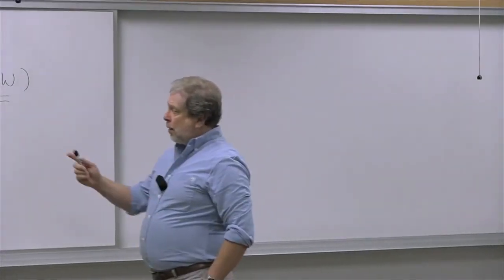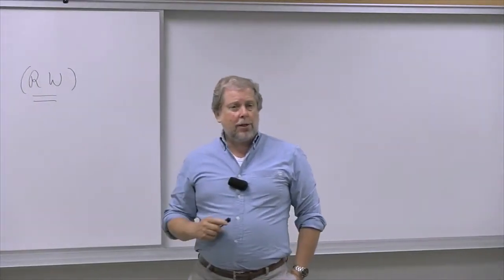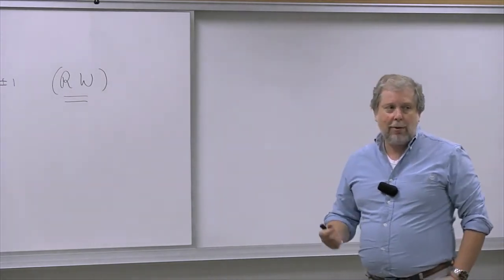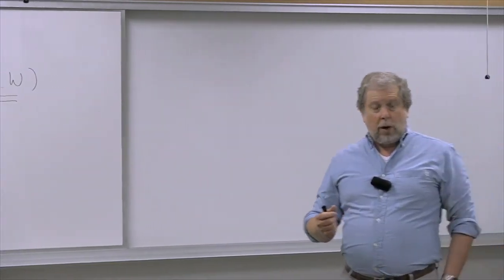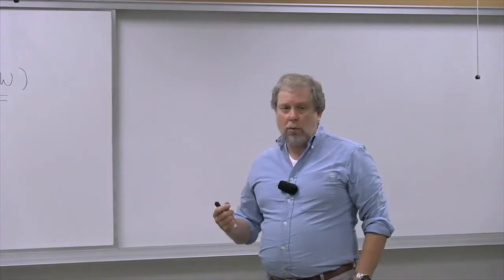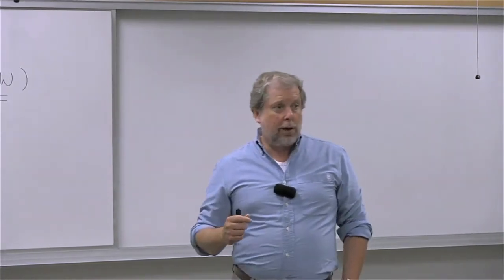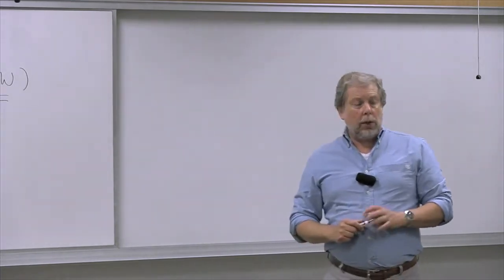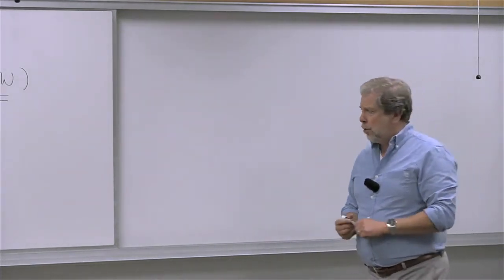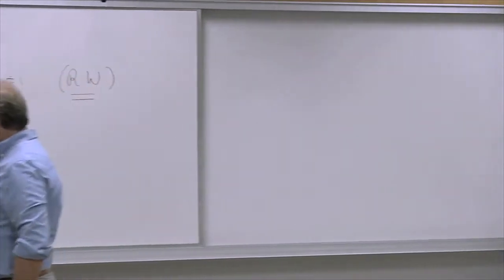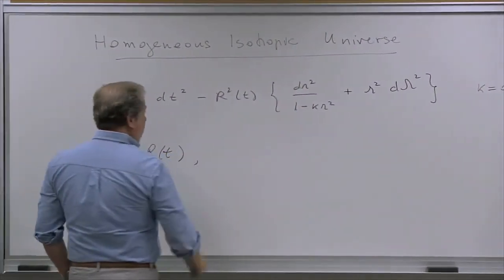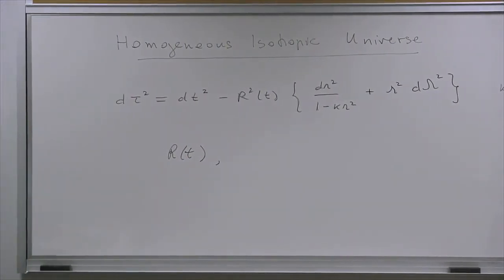And it is parameterized essentially by the scale factor. And there is this additional parameter k, which you remember, for a closed universe, k is equal to 1. For an open one it is -1. And for the so-called flat universe, k is equal to 0. So k is just an integer, right? And so we have functions R of t. And as we discussed in the last lecture,